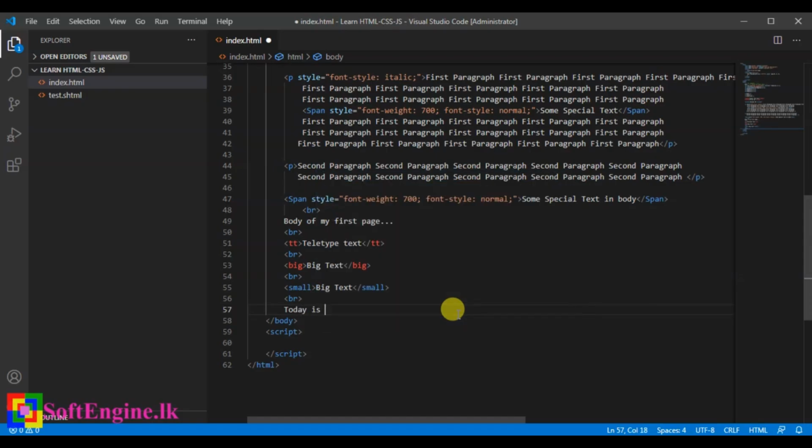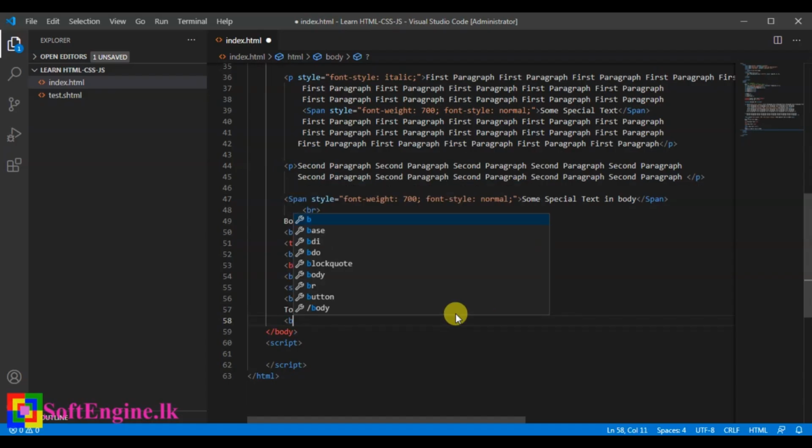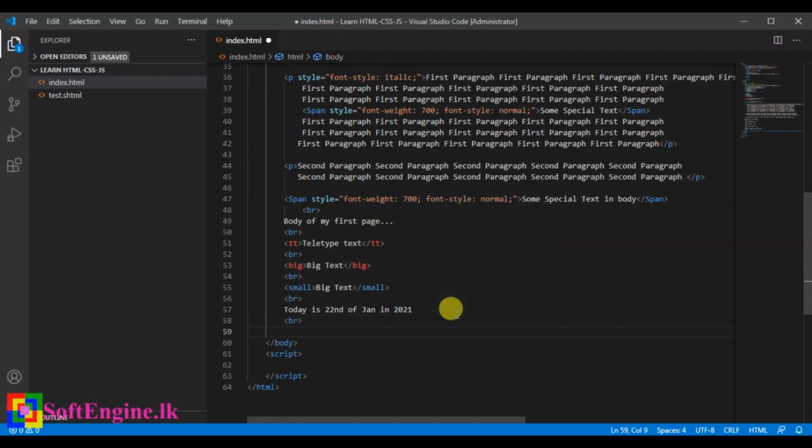Today is 22nd of Jan 2021. I'll put another break tag here, and I'm going to type one more text part like this: